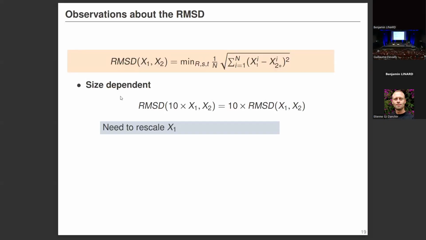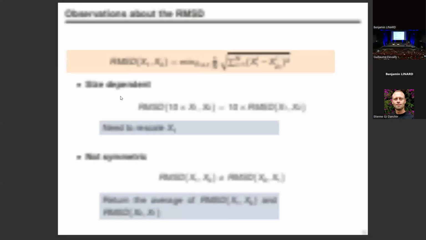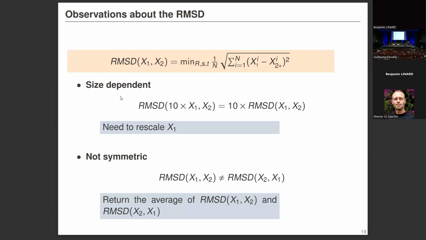So you need to rescale X1 so that if you're comparing two methods and they give you very different models in terms of scale, you can actually compare the RMSD. The other element is that it's not symmetric, but this is just an easy fix. You return the average of the RMSD between the two structures. Okay, so